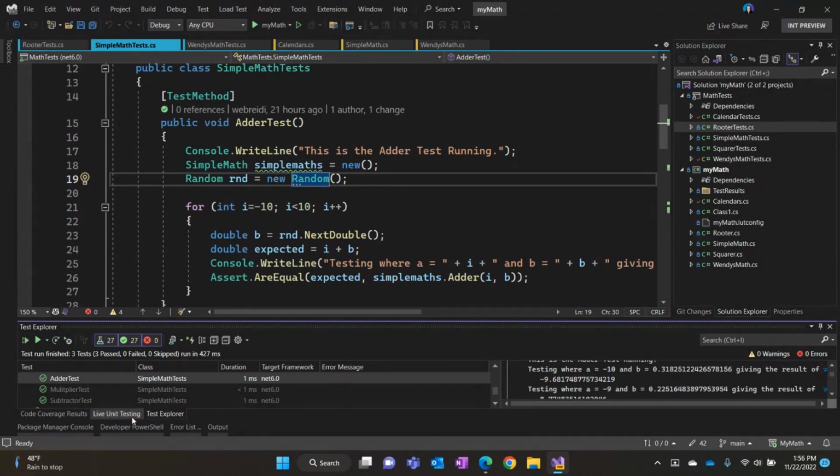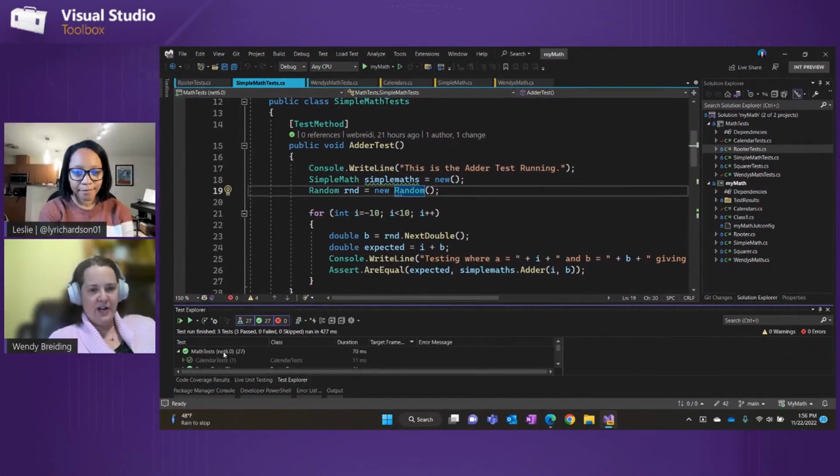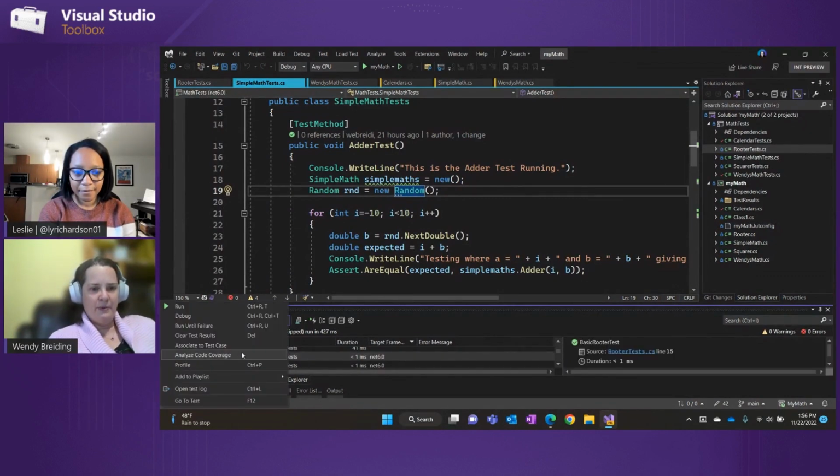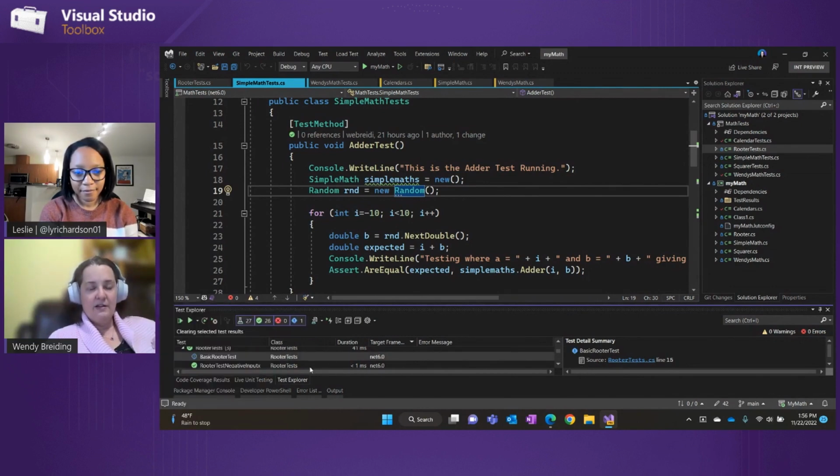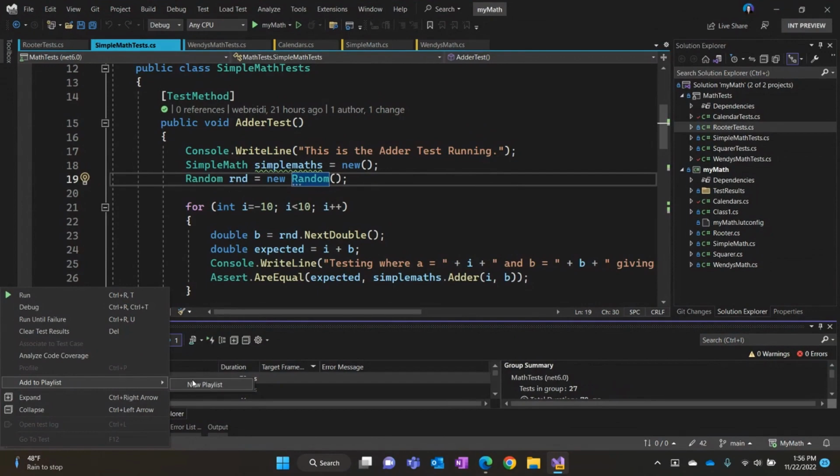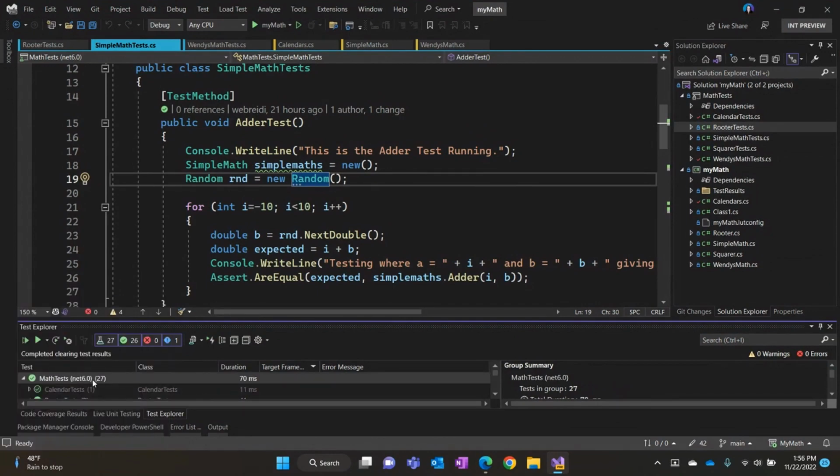Perfect. Now, if you're doing a lot of stuff and you've done a bunch of runs, some have failed, some have passed, and you want to start fresh, we have the ability to delete a particular test run, clear the test results. You can use this clear test results or use the delete key, and that will clear the results for that particular test. You also have the ability to do it for all of them. The handy shortcut is Shift+Delete to clear all the tests, and that sets everything to not run. None of the test results are there for you anymore.